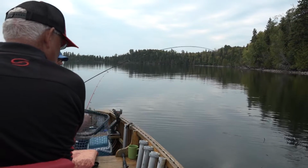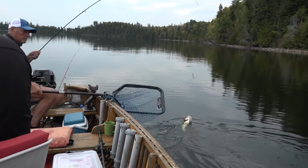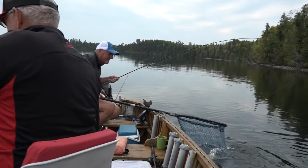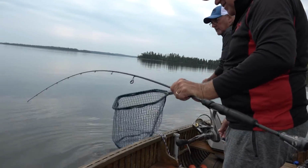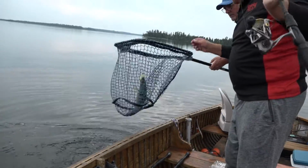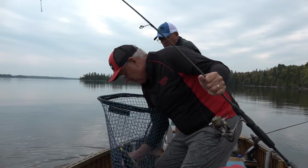He's got it all the way down the hatch. Oh yeah, that's a nice one, John. Oh, how about doubles? Oh, there's that nice one. Oh, you said. And look at the average size of these fish. I mean, guys,